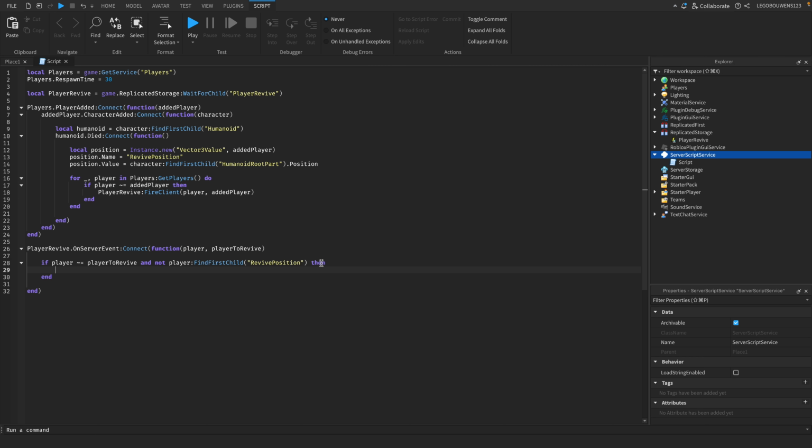So we're going to say local revive position equals player to revive, find first child, revive position. So we're retrieving the position that the player died in, and then we can respawn them back on that position. So we're going to say if revive position, then, so if there is actually a revive position, then we can say